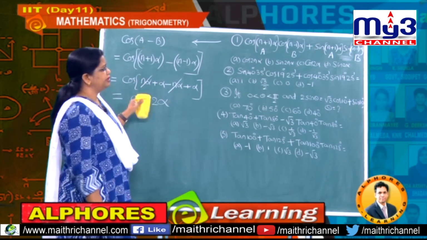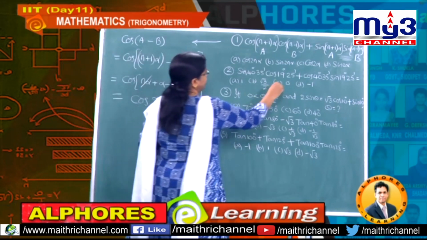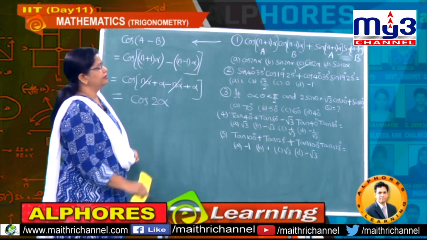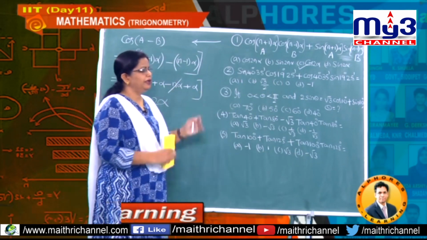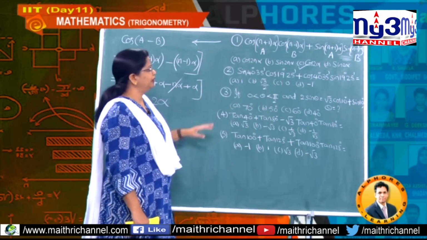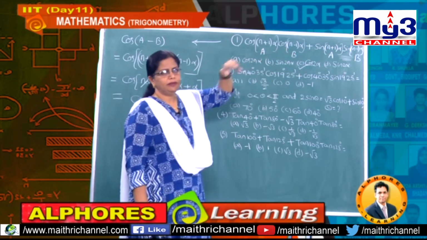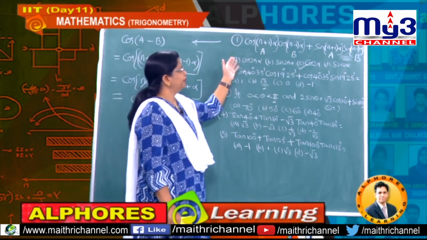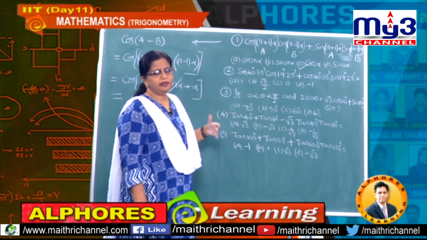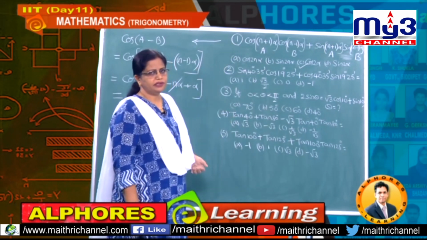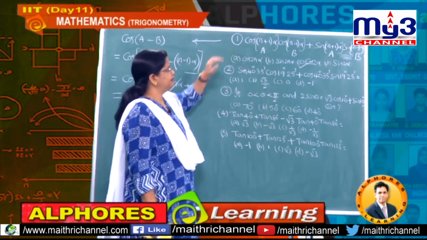Understand students? So which answer is right here? Option C. So option C is right answer. Got it? So first you have to identify what is the relevant formula, and the relevant formula is cos A cos B plus sin A sin B. No need of here putting any 0, alpha 45 etc. Not necessary because it is almost direct. Okay students. So this is first problem.